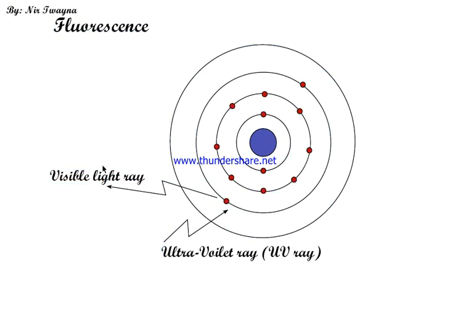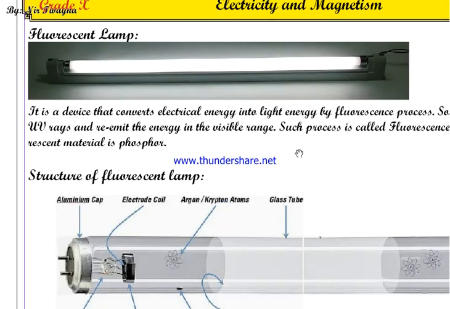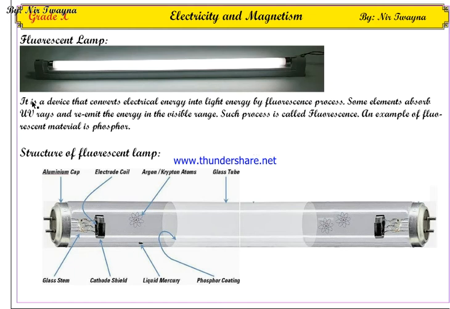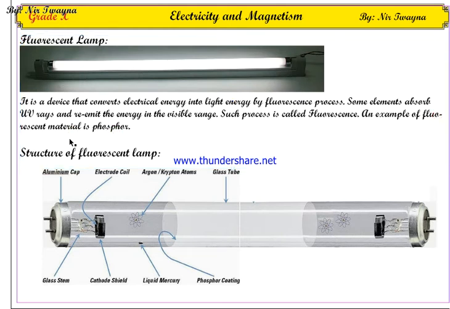I hope you understand the concept of fluorescence. Okay, this same principle is used in making of a fluorescent lamp. It is a device that converts electrical energy into light energy by the fluorescence process. Some elements absorb UV rays and re-emit the energy in the visible range. Such a process is called fluorescence. An example of a fluorescent material is phosphor, a salt of